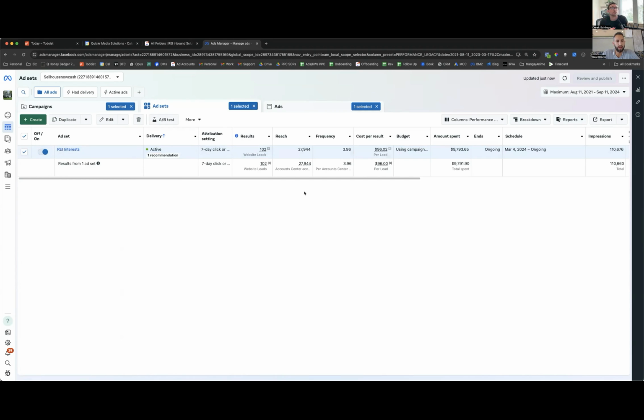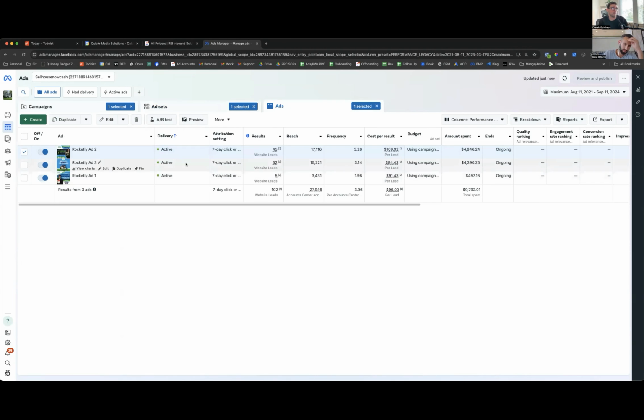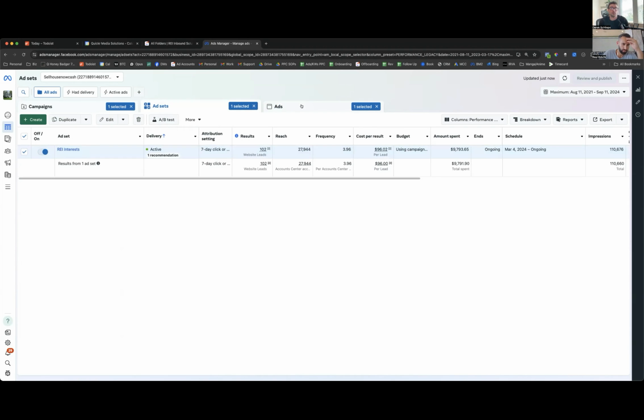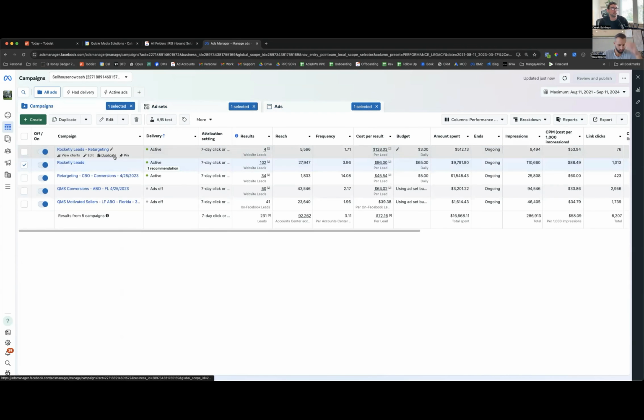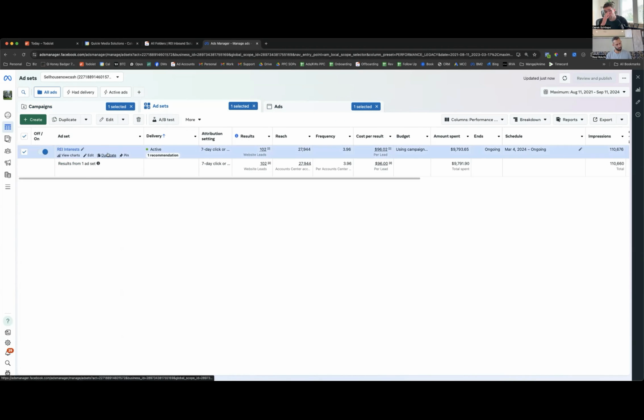And if I were to duplicate it, would you leave this one on? No, no, no. Turn this one off, let the new one run. What you want to do, you always pause things at the ad level. Never turn it off at the campaign level unless you're completely never going to use that campaign again, then it's fine. And never turn things off at the ad set level either,